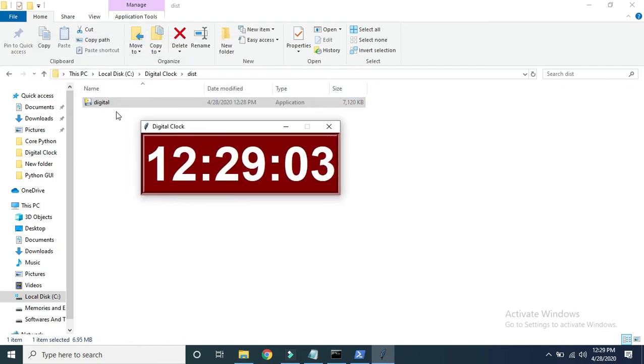This is the .exe file. Remember, you can copy and paste this file on any machine, and just by double click you will get the output of your program. Even if Python is not installed on that machine, you can copy this particular file and paste it on another machine where Python is not installed, and if you double click on this file on such a machine, you will get this type of output.